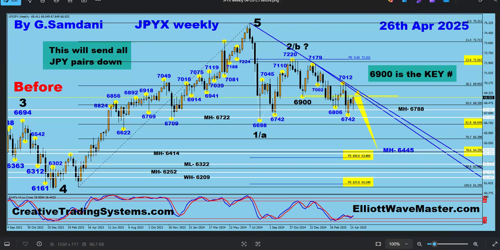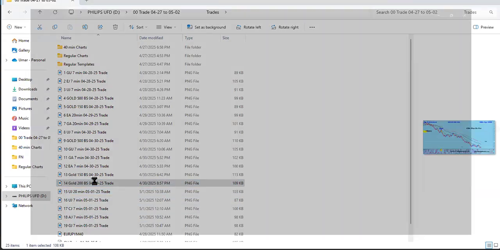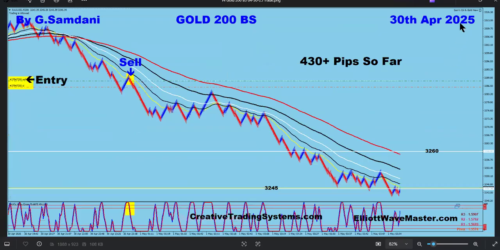All of these trades that I showed you, even gold and all of that, this gold, because of that, CTS6, don't worry about this name. I just named it differently because it has different settings. Remember that box sizes are different and the stop loss is different. So I just made a few changes and gave it a different name so that I don't have to change the settings again and again. So that's it. It's the same thing.